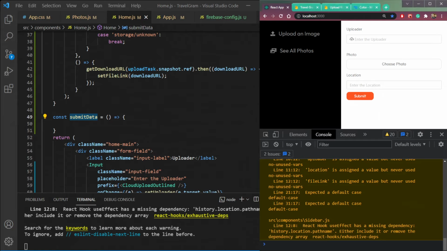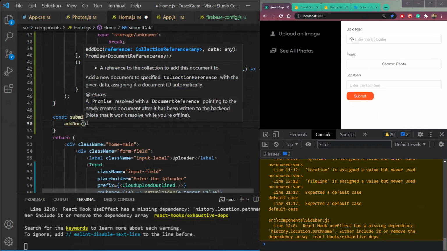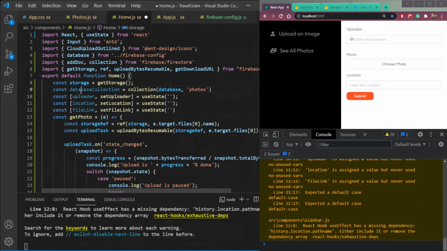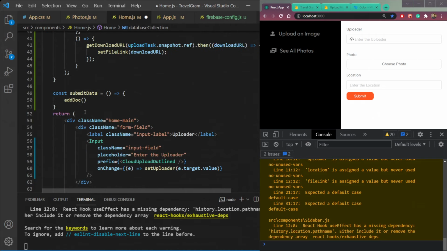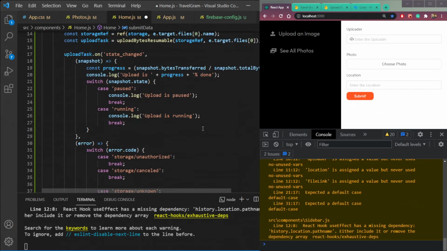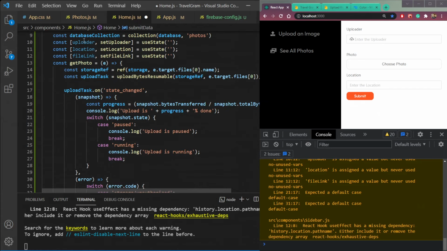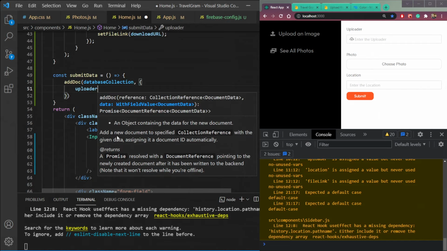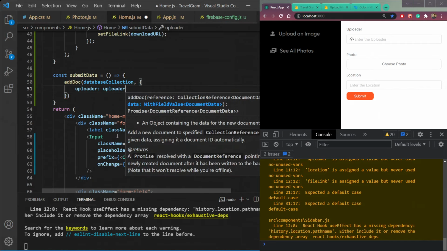Now let's add data. So we will just use add doc, and then the first parameter it will take is this database collection reference that we created. So paste it. Second thing is the data itself. So we will just pass the data as an object. So first is the uploader. Just mark that as uploader and uploader.